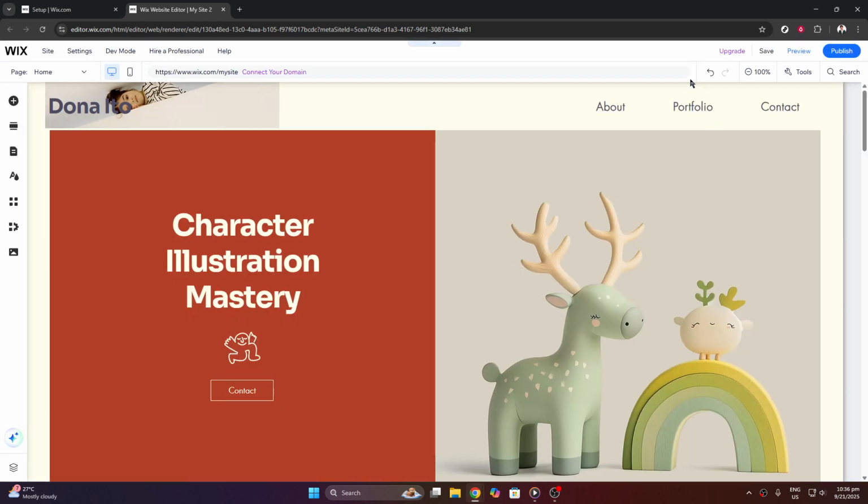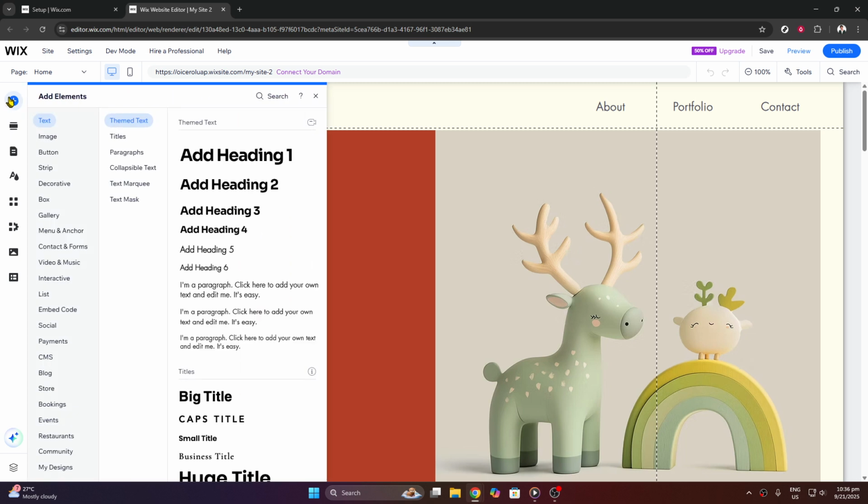As you click, you'll be taken to the editor.wix.com platform, a powerful tool that allows you to freely design your website. Here, you'll find a wide array of options to personalize your site. An important starting point is to locate and click on Add Elements. This feature unlocks a plethora of resources and design tools you can use to add functional and aesthetic elements to